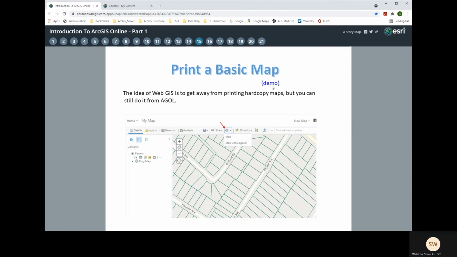Printing. You'll see a button at the top of a web map. It's got a little printer on it, and you can choose to print the map, or print the map plus its legend. What I would like to say about ArcGIS Online and printing maps is that